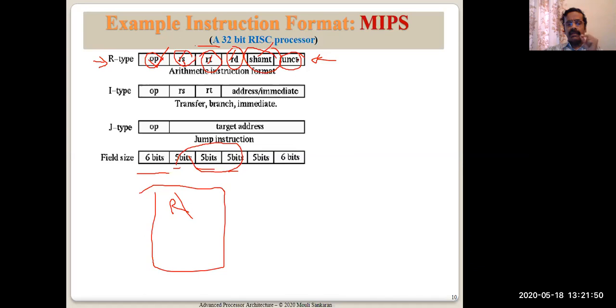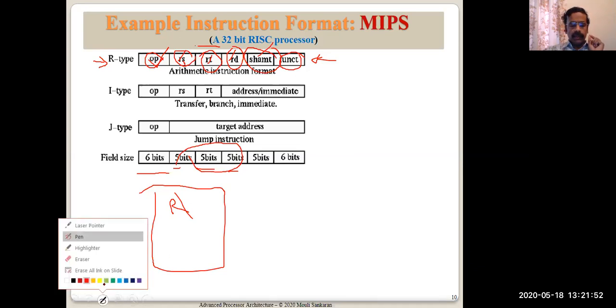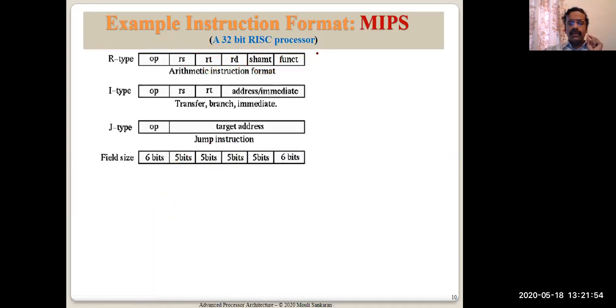Similarly, there is something else which you don't have to worry about. It depends on what is the arithmetic operation or logical operation and what are the operands. And if you have to do any shift operation along with the add operation, if you shift it and add, then how many bits to be shifted is mentioned here. These 5 bits are reserved for that. It is about any register operands related instructions. Now what about